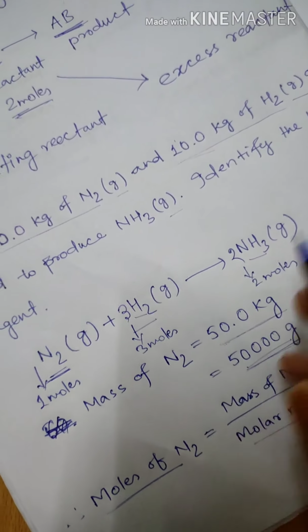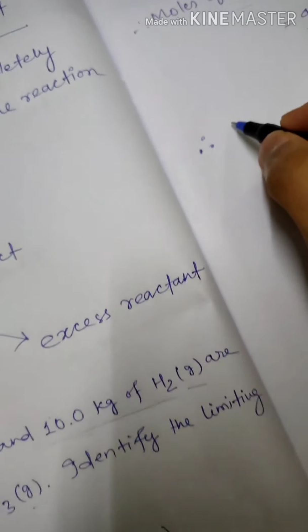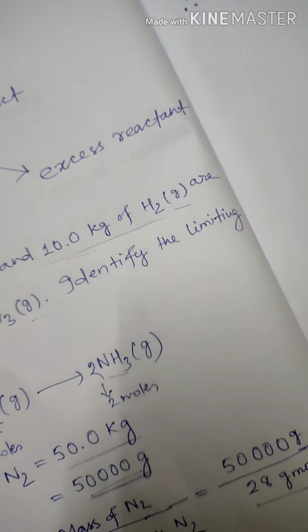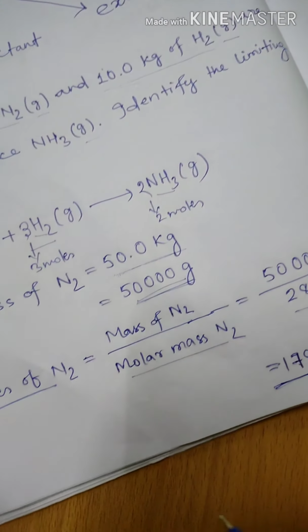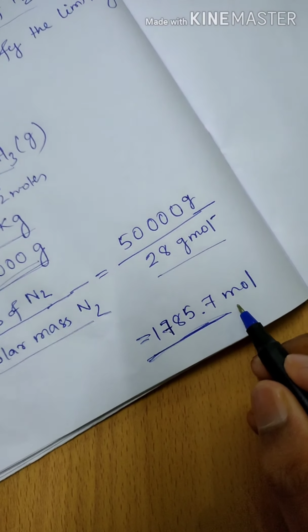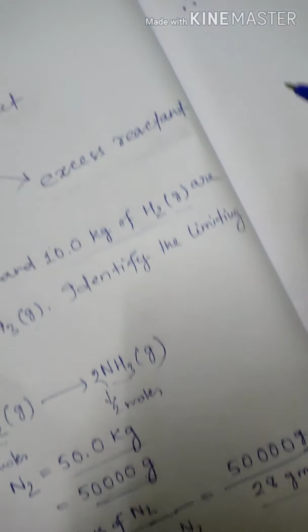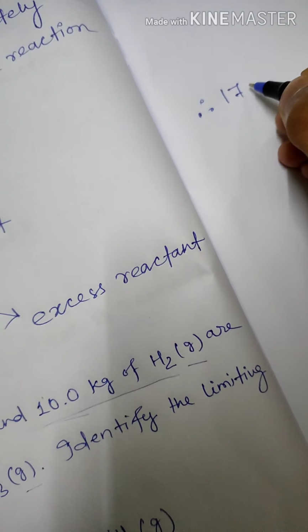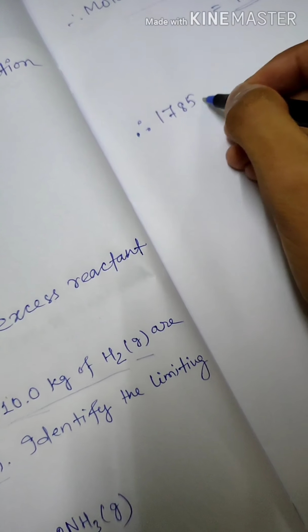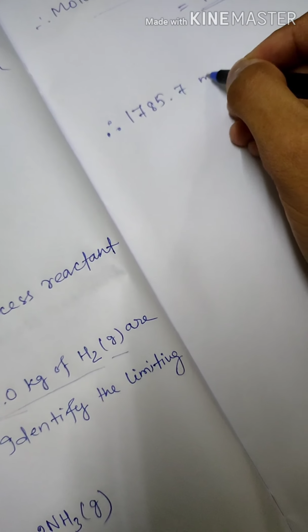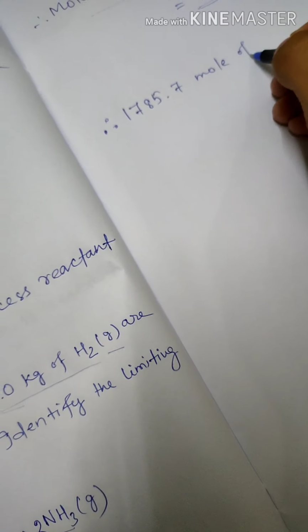So we may write how many moles we have got for nitrogen, 1785.7, so we may write 1785.7 mole of nitrogen